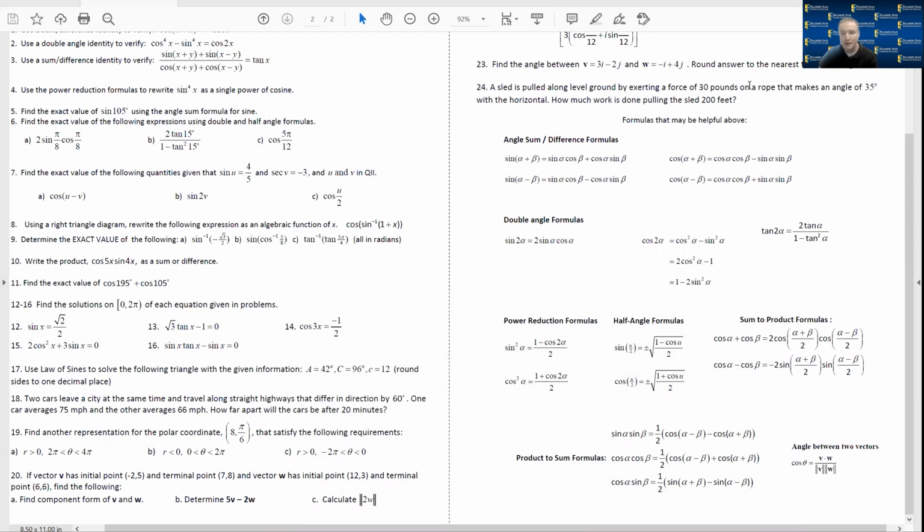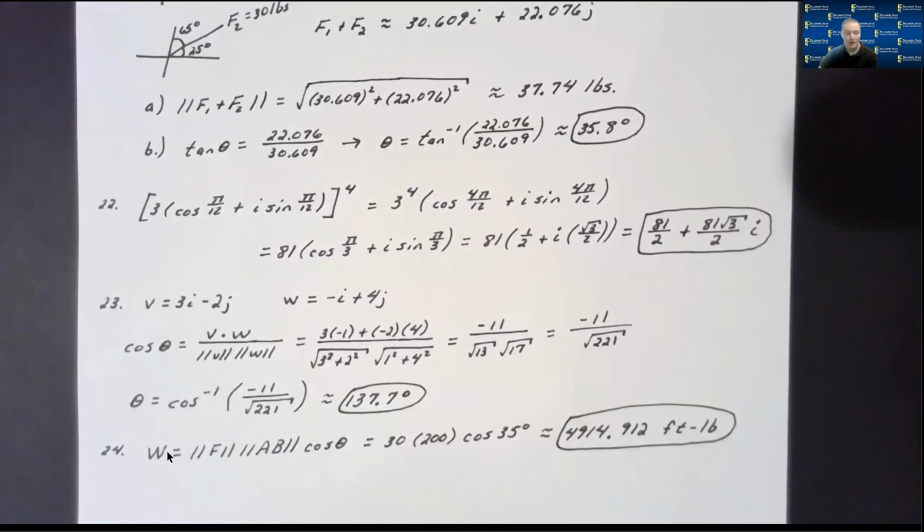So you say, okay, then the force in the horizontal direction is always given by cosine. You can just say it's going to be 30 cosine of 35 degrees. And then the distance is your 200 feet. Please notice, your work is going to equal the magnitude of the force times the distance times the cosine of theta. In this case, the distance is 200. The resulting horizontal force is 30 cosine of 35 degrees. Whenever you multiply all that out, you should get